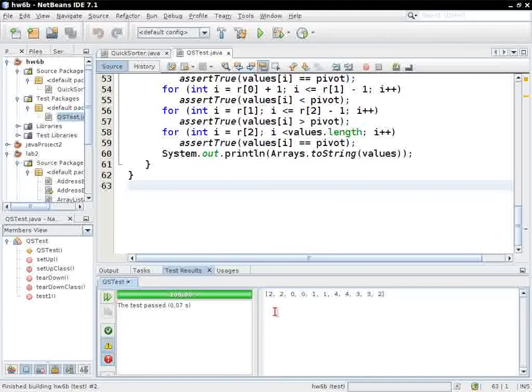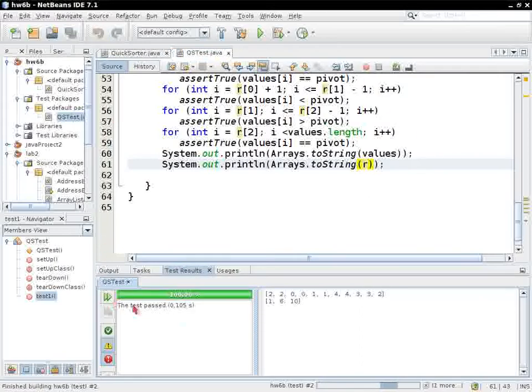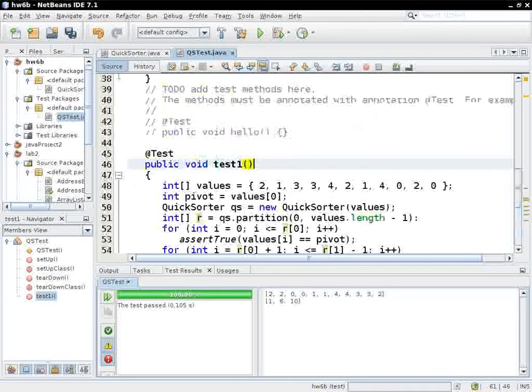So now it prints over here, and I see 22001144. So I guess it would also be a good idea to print out the indexes that it returns. So it prints indexes 1, 6, and 10. This looks awfully plausible. So maybe I did too good a job, because normally what happens when I do this, I find a couple of errors, and then I can use the unit test to